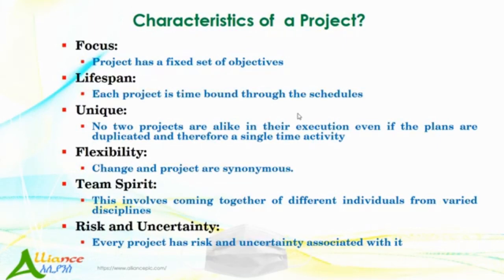Projects have fixed objectives or fixed deliverables, and the outcomes or the deliverables are known. The lifespan of a project is also limited, time bounded. It has its own start and ending time. It's unique and it's flexible. For example, in normal operations, you can't be flexible. There are rules, regulations, and procedures that you are going to set. So we can witness that.